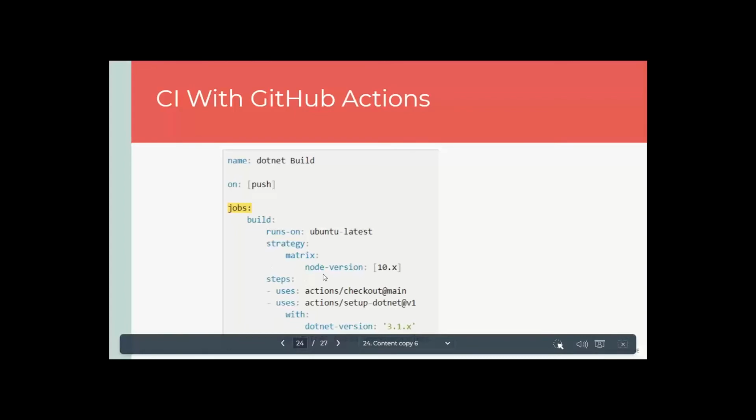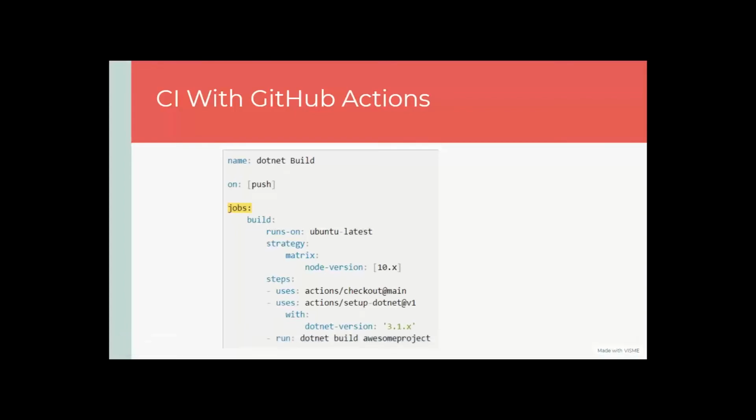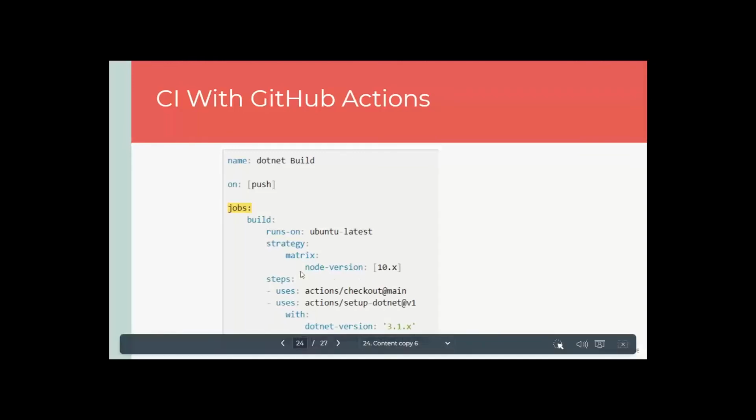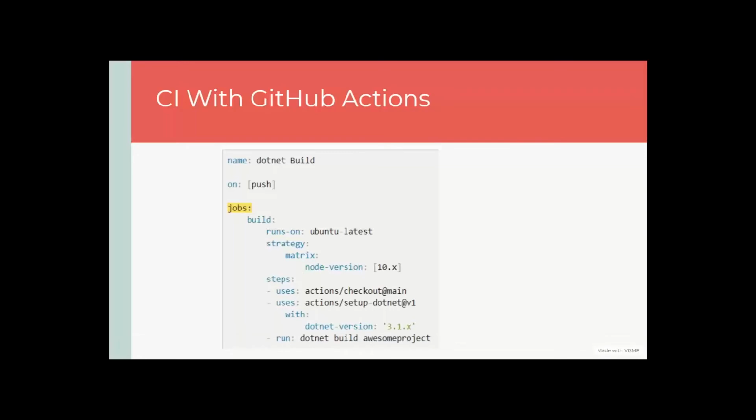Like node means either it can be React or Angular. So for just building this one, in my agent machine or runner machine, I need to have node version 10.x installed. Okay, this is my requirement. So you got it, right? In the runner or the agent machine, it will be installed. So that is the criteria. The job will be assigned to whichever runner or agent machine has the installation of node version